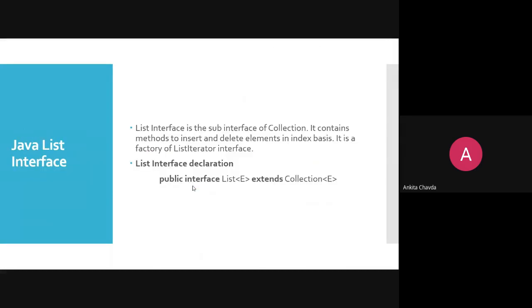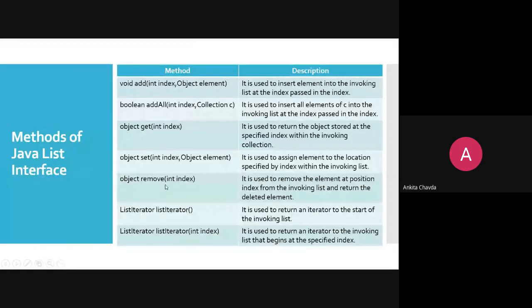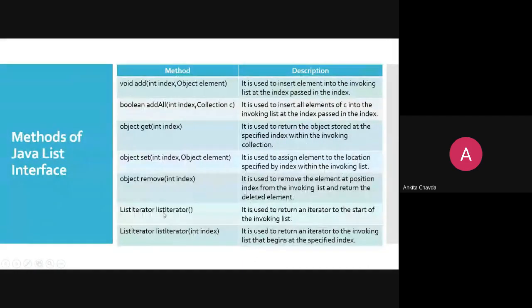We have seen about this List interface, hopefully, if I'm not wrong, right? This interface is a sub-interface of this Collection, right? And we have seen a few methods of this, and in that, we have seen listIterator. Why am I going through this again? Because next is our ListIterator interface. That is why we have seen this listIterator.